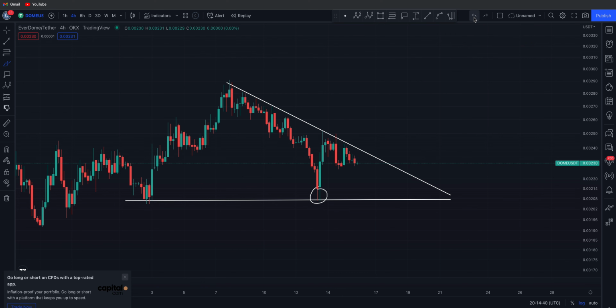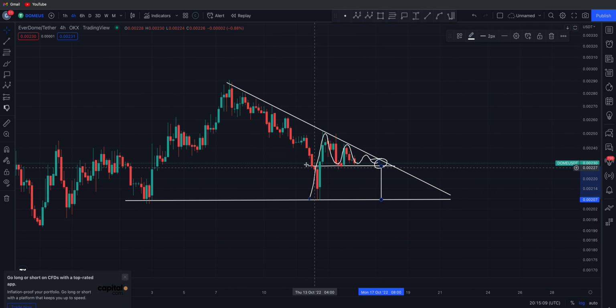What I'm watching for, what I think is a potential play, is that you've got this level of support here. Potentially you came up, ran into resistance, you're coming down, and you're going to get compressed here. If you fail to get a breakout, this is a bearish pattern. This would be a descending triangle. So if this does play out and we fail to break this resistance line, we are going to have a technical target from there to there. And if you lose this line of support right here, you are in a technical target back down, you can see how that ties up here, back down to